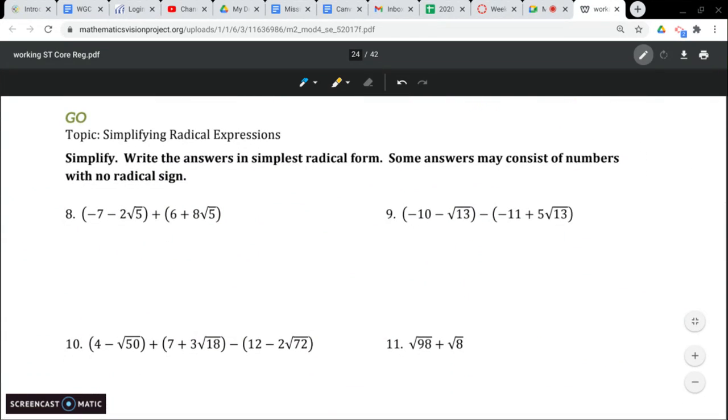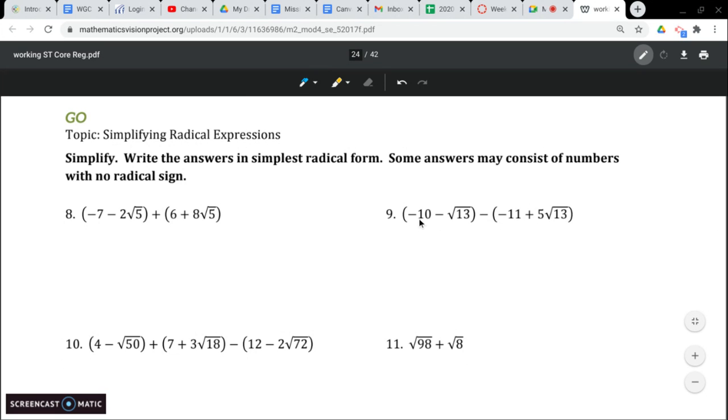All right, the last part, simplifying radical expressions. Simplify. Write the answers in simplest radical form. Some answers may consist of numbers with no radical signs. That is completely possible. All right, for number 9, we have negative 10 minus root 13 minus negative 11 plus